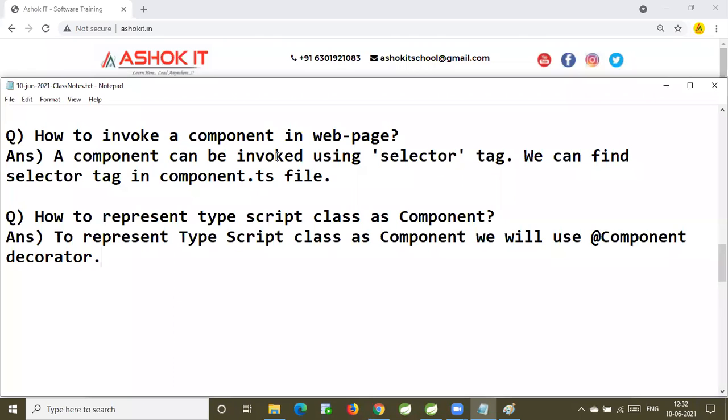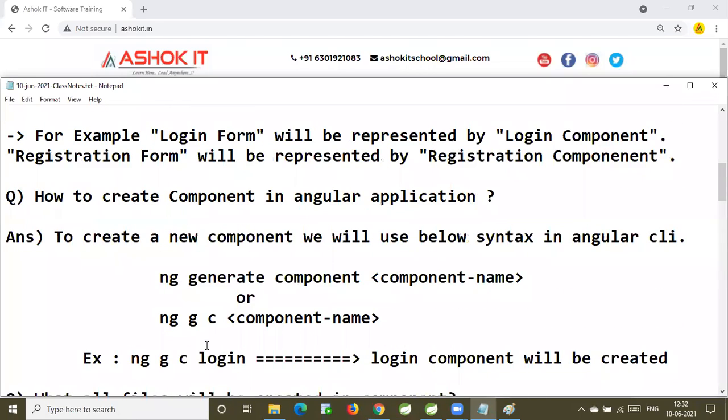Guys, in Java, that is called as annotation. In the Angular, that is called as a decorator. So which decorator we are going to use to represent the class as a component? We are going to use @component decorator to represent our class as a component class.